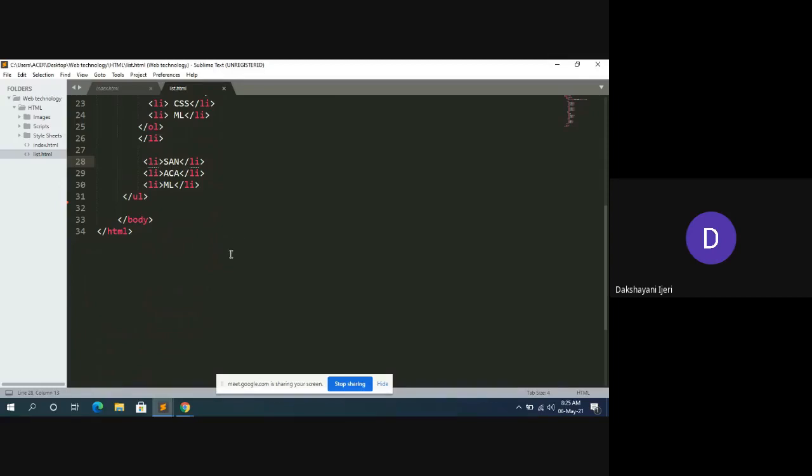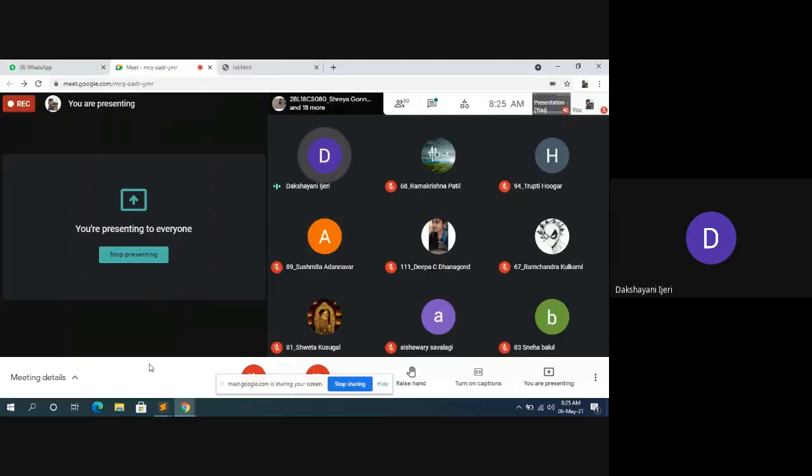So is everyone clear with the example? These are very easy. The only thing is you need to concentrate on where you need to open the elements and where you need to close the elements. If you make a mistake there, you might not get the expected output. So for that you can always experiment and execute, and then you will get to know. Is everyone clear?